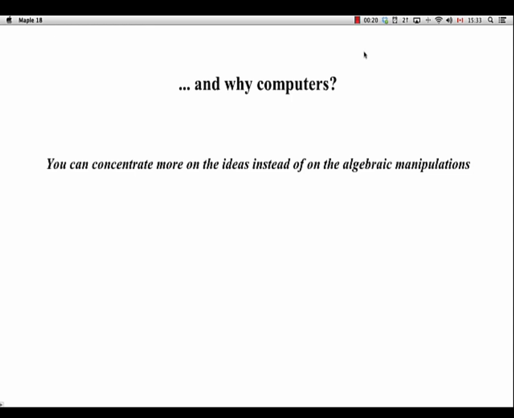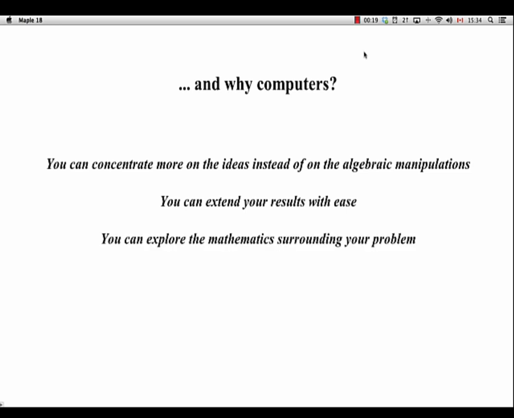First of all, you can concentrate more on the ideas instead of all the details of the algebraic manipulations. You can extend your results in easy ways. You can change the values of parameters. You can add equations to your system. You can change the form of the potential in your problems, and so on. You can explore the mathematics around your problem in very easy ways. For example, you can plot, you can compute series, you can check for special values for some special functions that